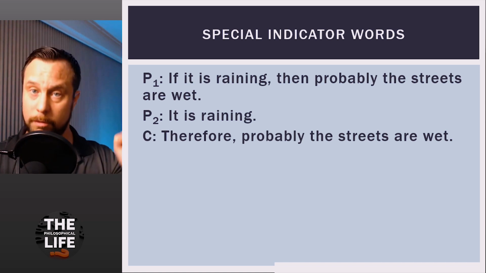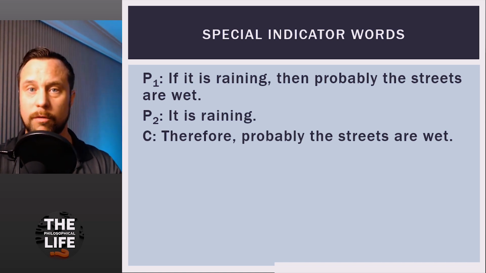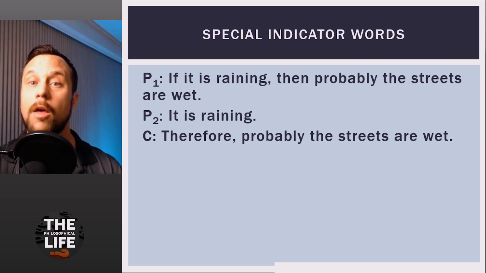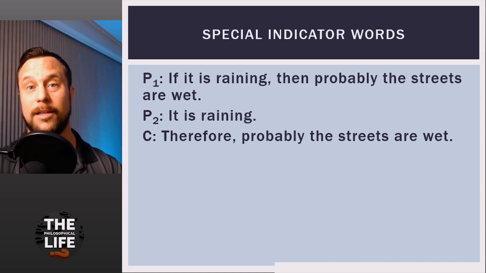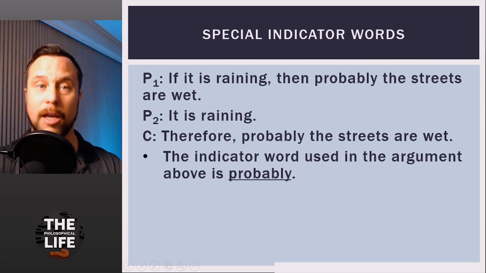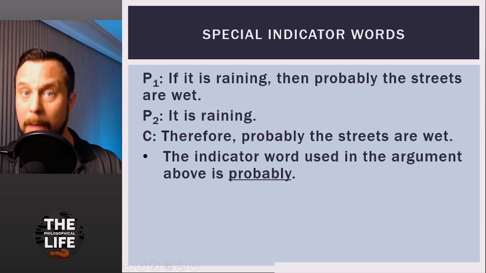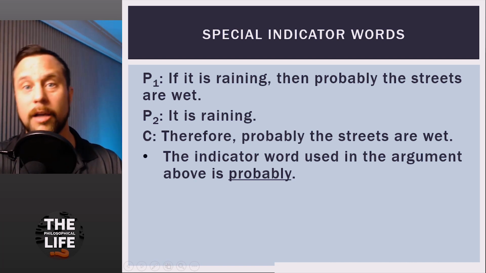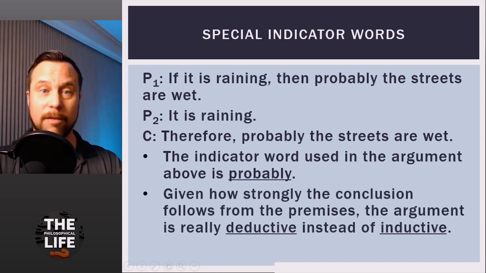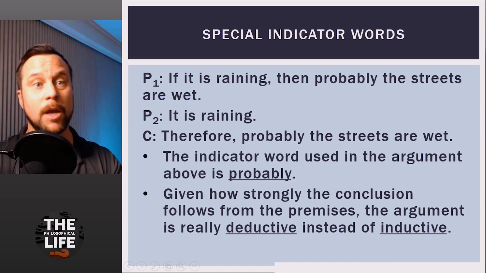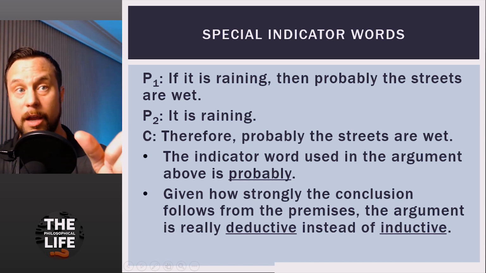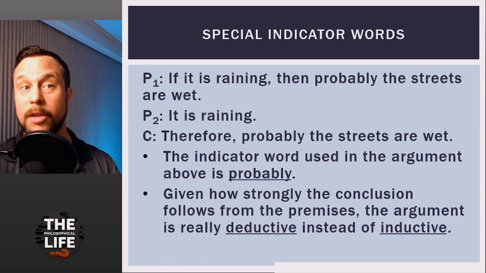Now, if you weren't thinking critically and you just looked at the conclusion and said, probably, it's got to be an inductive argument, then you would have missed the fact that the form of this argument is actually deductive. So the indicator word used in the conclusion, probably, points towards an inductive argument, but given how strongly the conclusion actually follows from the premises, that is because the first premise has